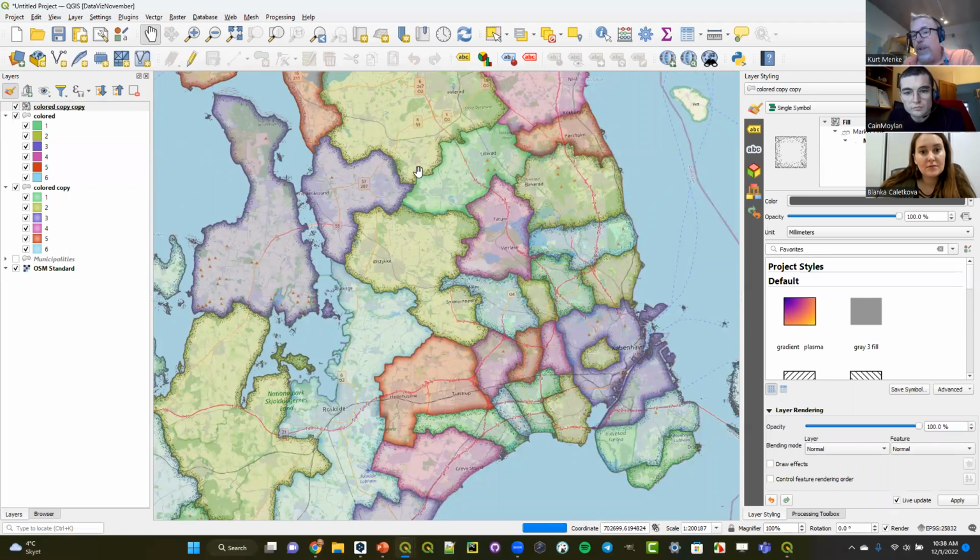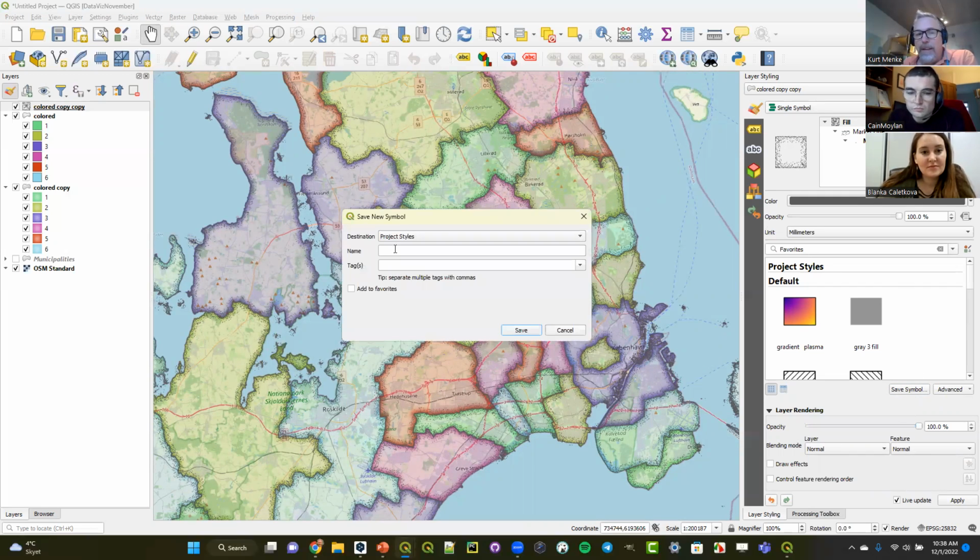And of course, once you've created something like this, you can save it as a style. So again, I could go in here and for this kind of complicated symbol, I can choose save symbol. If you're using QGIS 3.22, you won't see this. I'm in 3.28 right now, and there was a recent thing where you can have project styles or just default styles for your profile. So I'm just going to choose the whole profile, and I can call this